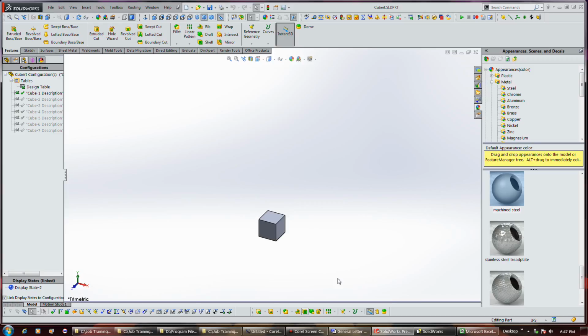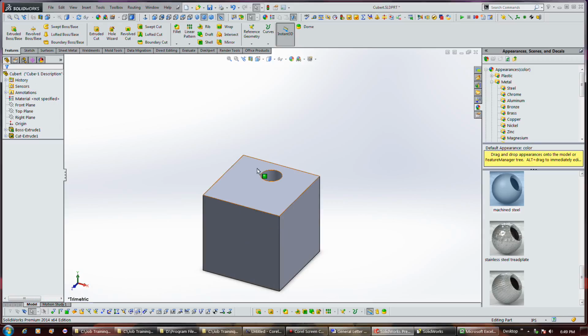Interesting. Okay, I've added a hole to one of our cubes here, but I've not named any of the dimensions, so